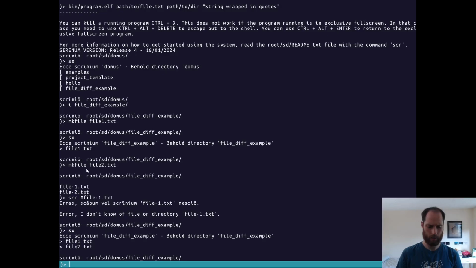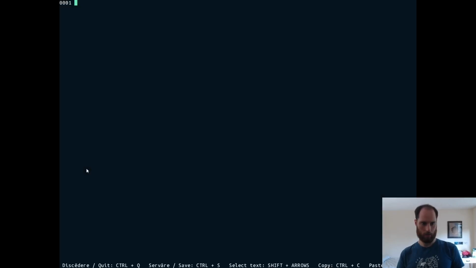I guess I didn't actually add the dash between them. I'm not sure why that's appearing then. File1. Great, completely blank. So we could say